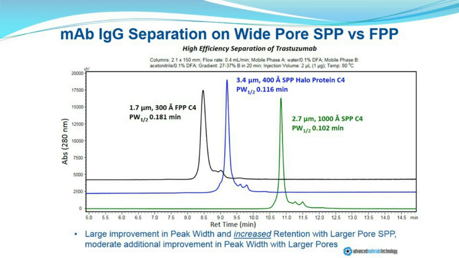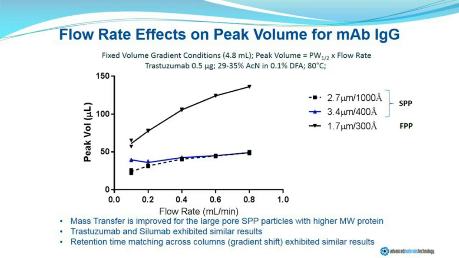And this is, in this case, showing the resolution of trastuzumab and some of its minor variants in this biotherapeutic molecule. So 150,000 molecular weight, you really begin to see the effects of pore size on peak width and chromatographic performance. In this case, again, we're using difluoroacetic acid as the mobile phase modifier. And our reason for this, I'm going to skip through some of these slides